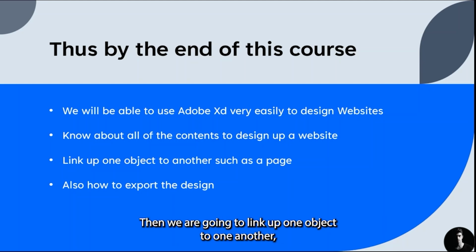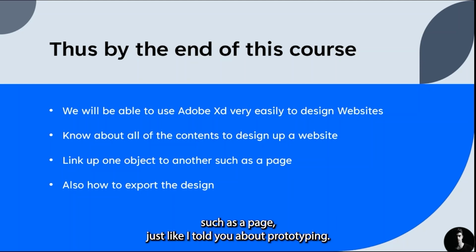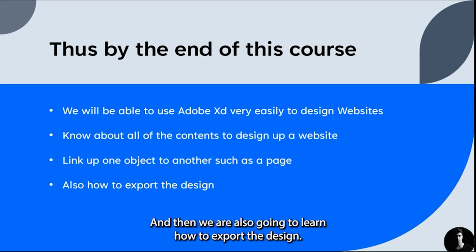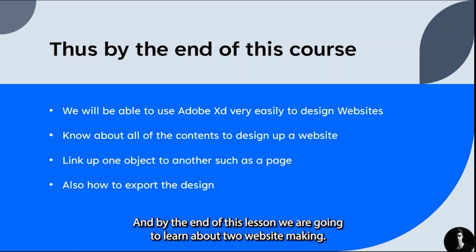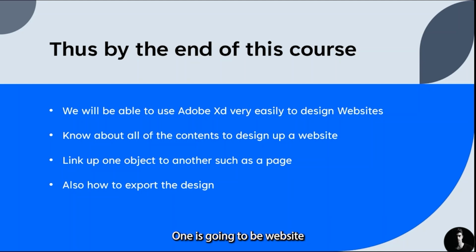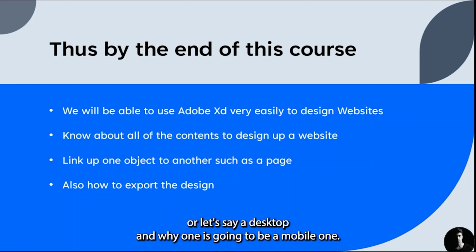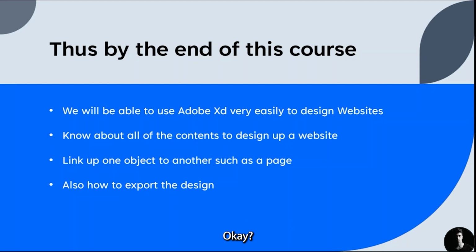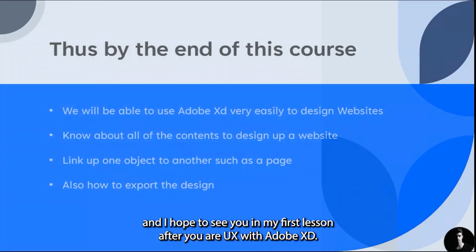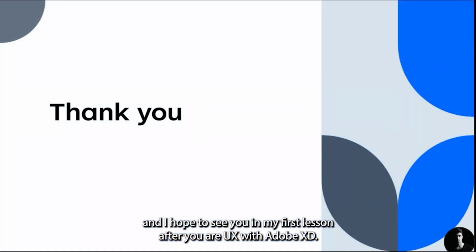Then we are going to link one object to another, such as a page. Just like I told you about prototyping, we are going to do that. And then we are also going to learn how to export the design. By the end of this course, we are going to learn about making two websites, okay? One is going to be a website, or let's say a desktop one, and one is going to be a mobile one, okay? So that is basically it for this intro,